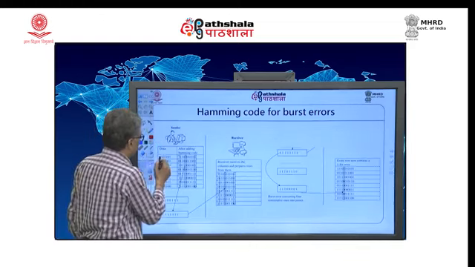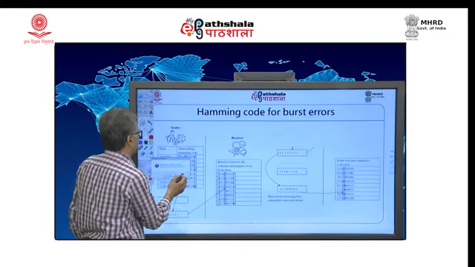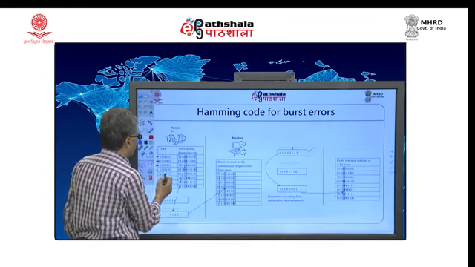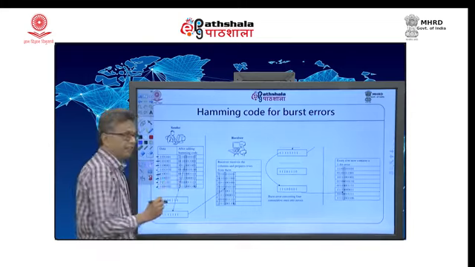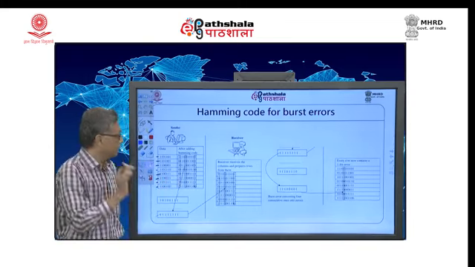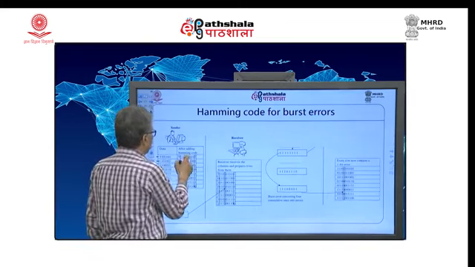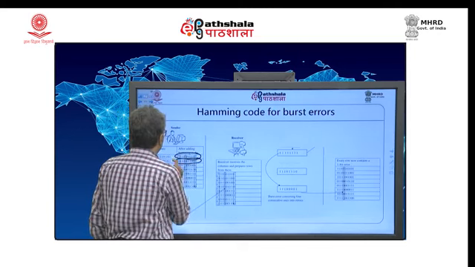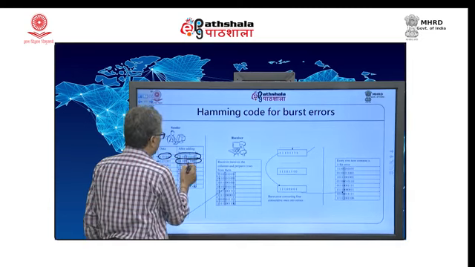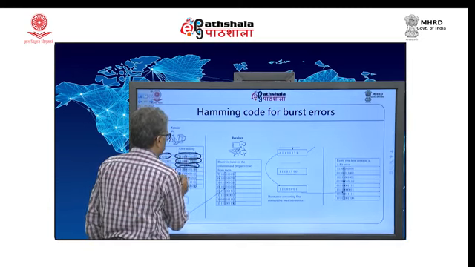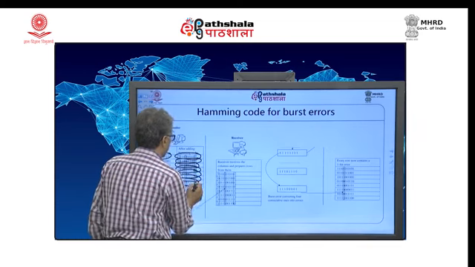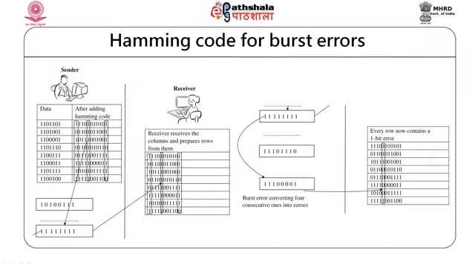Suppose I have data, here is my first data, second, third, fourth, fifth, sixth, 7, 8. I have 8 bytes to send. I convert all these 8 bytes into Hamming code, first 11 bit entity. So, this is a 7 bit entity converted to 11 bit. First of all, I apply Hamming code to all of them, and I get all of them here, each one of them.